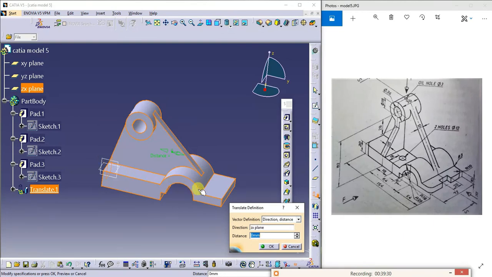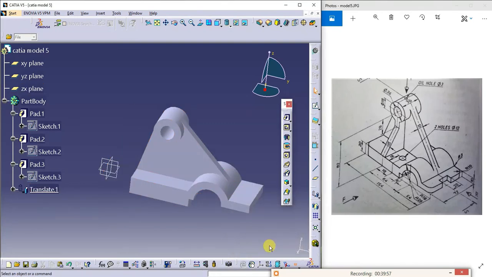This to what distance? See here, 154 minus of 64 minus of 54. 154 minus of 54 minus of 64. Sorry.